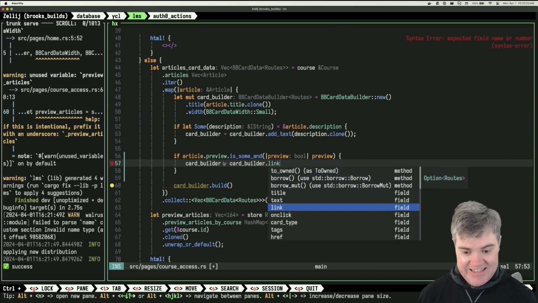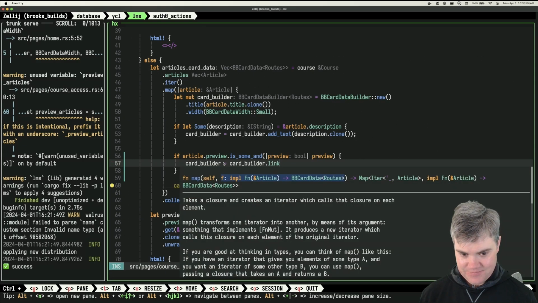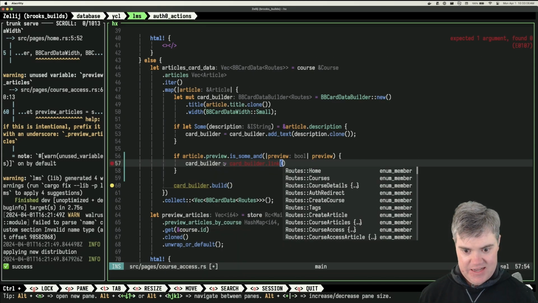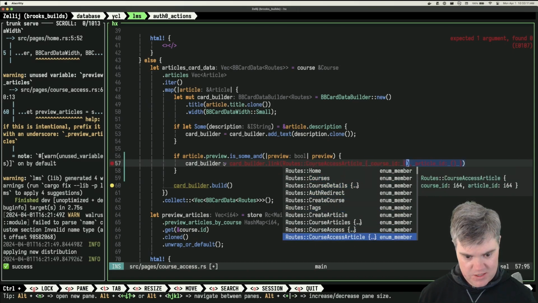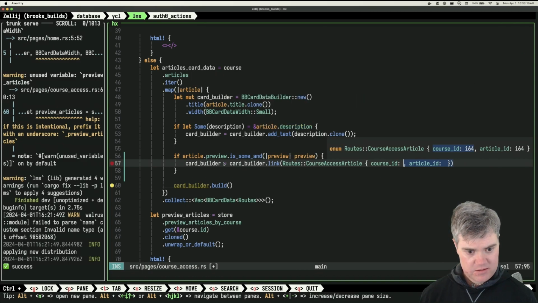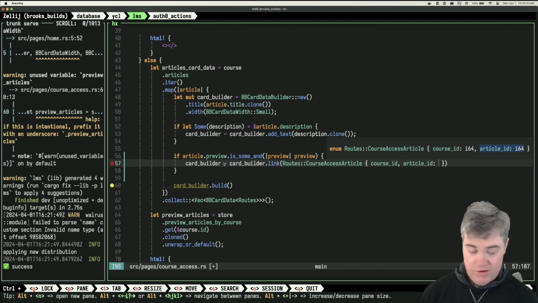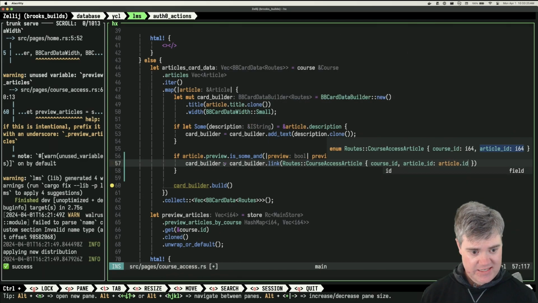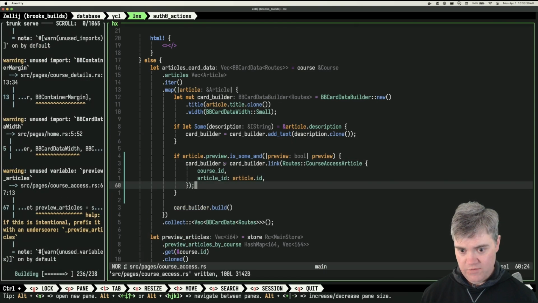Ooh, I could do a link. And I want to set this to, okay, course ID. We have the course ID, right? And then I need article ID, which we have, right? Article.id. So if I do that,